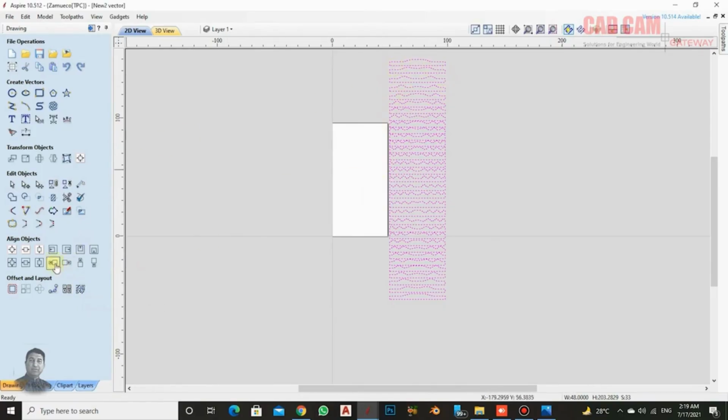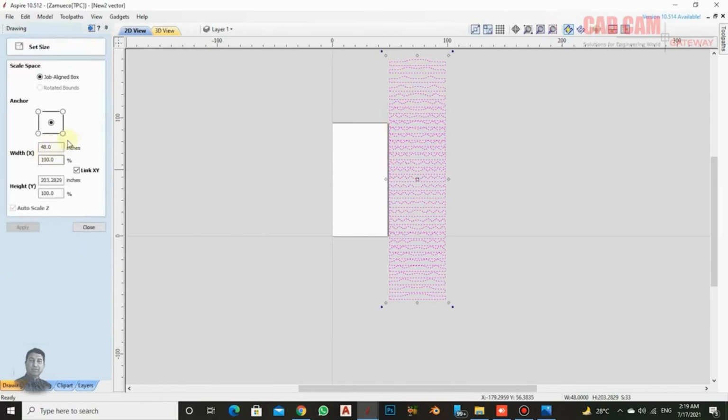Look, the first thing I said was to select it, then move to its size. Right now, its width is showing as 48 inches, so I'll reduce its width by half an inch. In fact, I'll reduce it a little more than half an inch so that on the sides, I have some cutting margin left over. So 48 inches, actually, the sheet size I previously told you to use, the larger one,